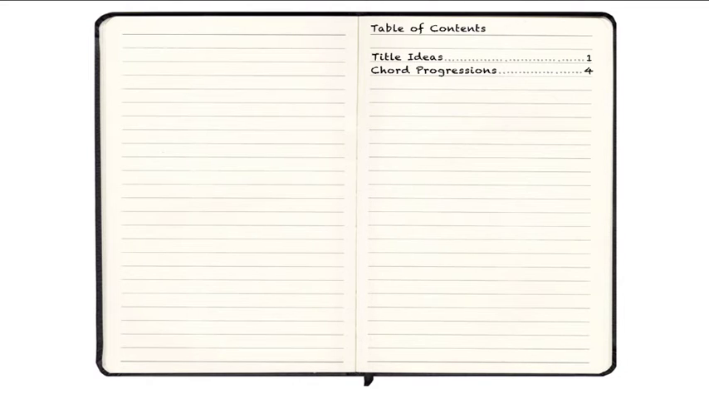Again, you're probably going to want to give yourself more pages than what I'm doing here, but just for the purposes of this demonstration, I'm showing the chord progression ideas starting on page 4 after 3 pages of title ideas. And then again, you're going to flip over to the 4th page. At the top, you'll write down that these are your chord progression ideas. You'll put the page number next to that,